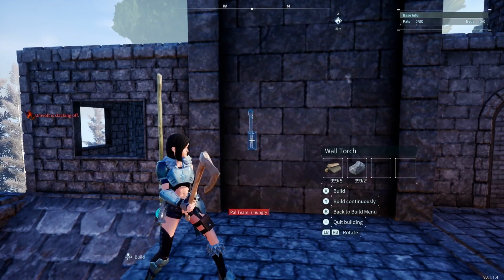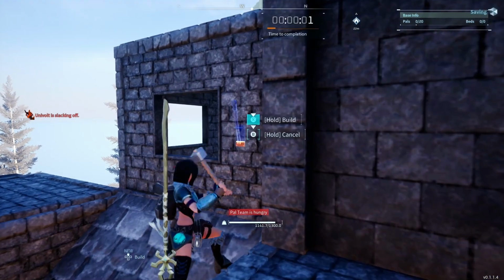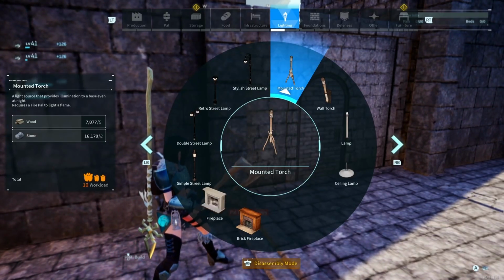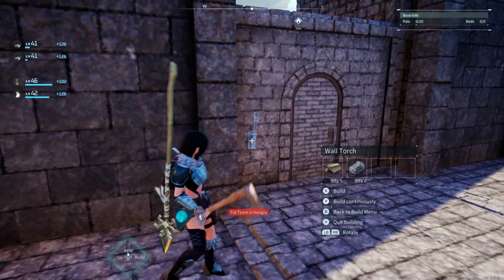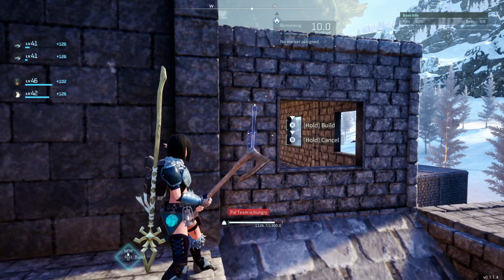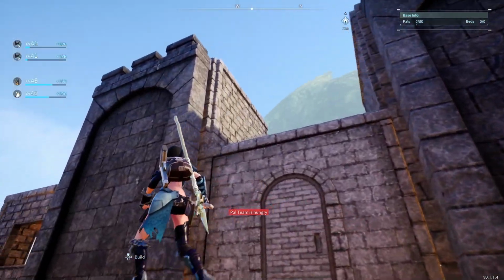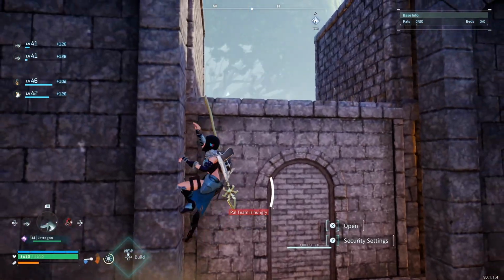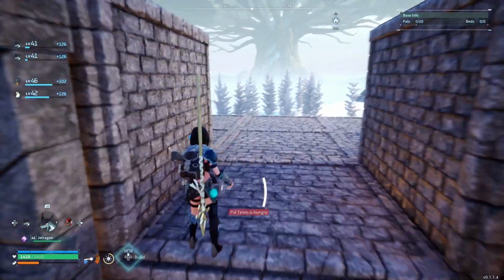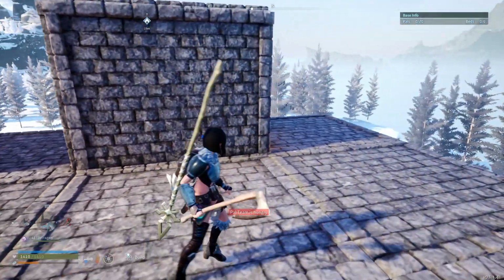Okay. Torch over here. But don't forget, you'll need a flambeau or just a fiery one to keep them lit. But you could do amazing things. I mean, you should be able to build the braziers, but if you want to not use the resources for that kind of stuff,